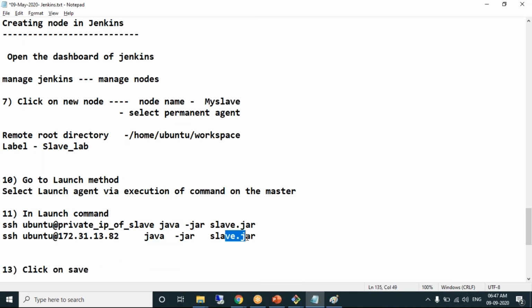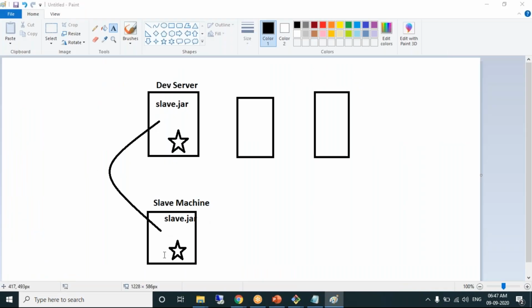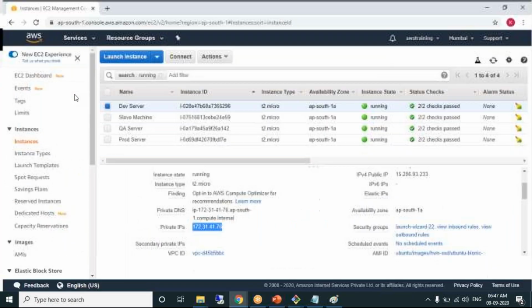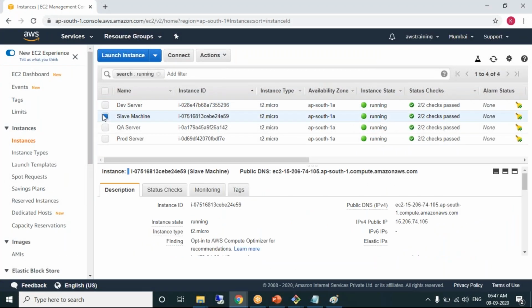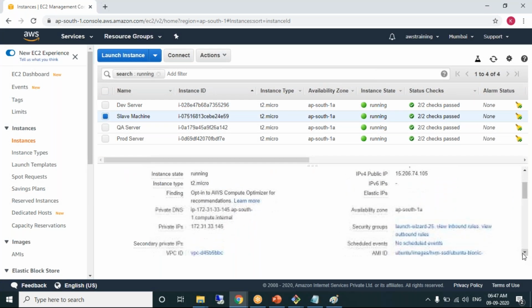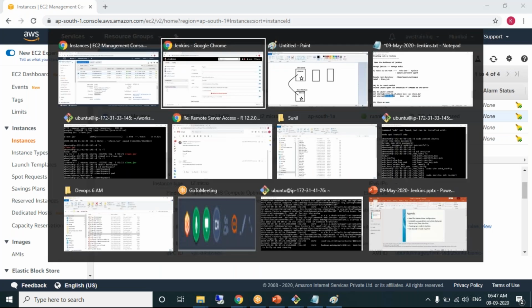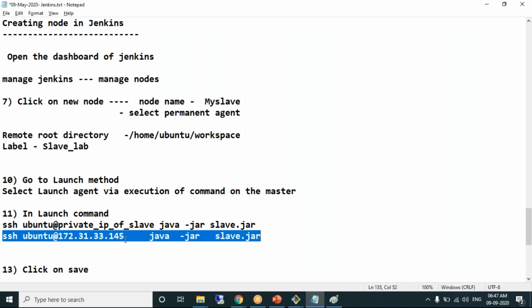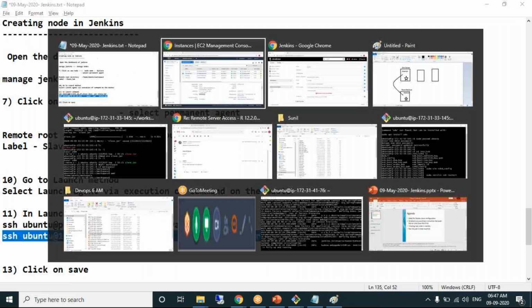And where it should execute: on which IP address the slave.jar file is available, you should point out. Slave.jar file is available in this specific IP address, the slave machine IP address. Take a note of the slave machine IP address. ssh, ubuntu is a user present in the slave machine, and this is the command which will help us to launch the slave machine.